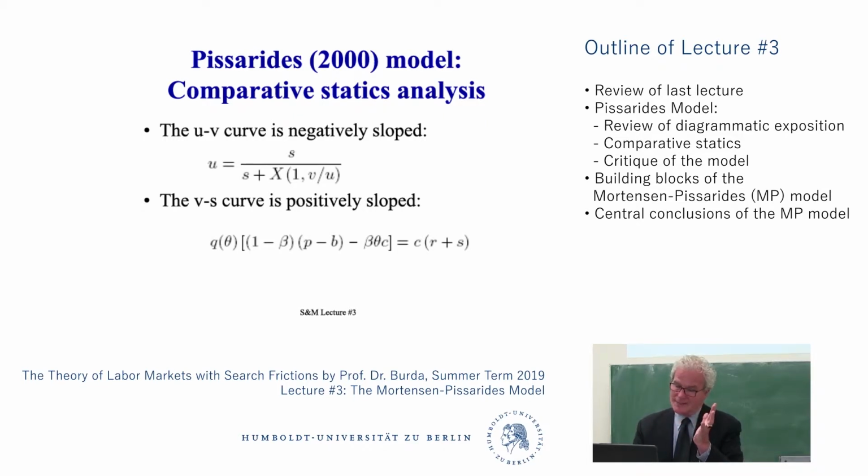Okay, we need to know what s is. S is a constant in this model. So S can be high, it can be low, and we also need to know how efficient matching is. I just wrote down X. I didn't have any sort of shifting parameters because we know, because of the Hartz reforms, matching can become more efficient. It can also become less efficient for various reasons, etc.